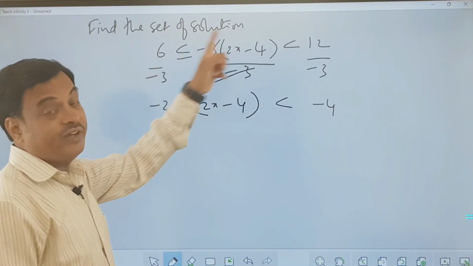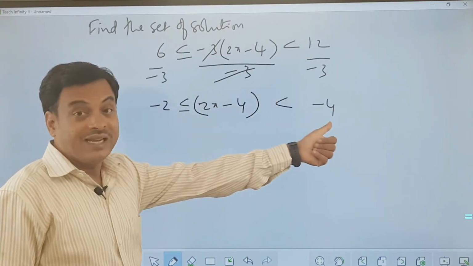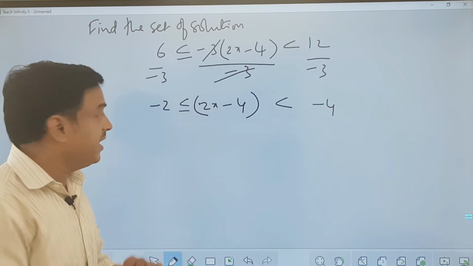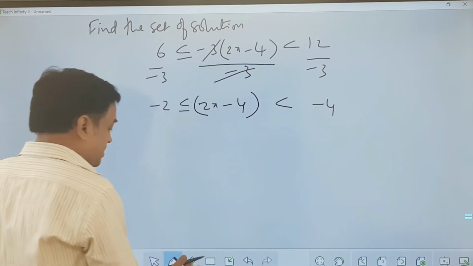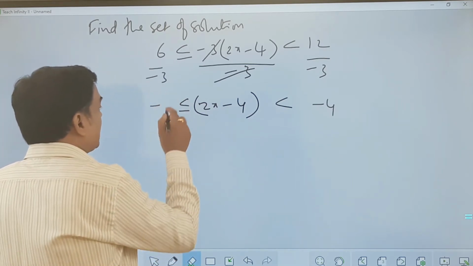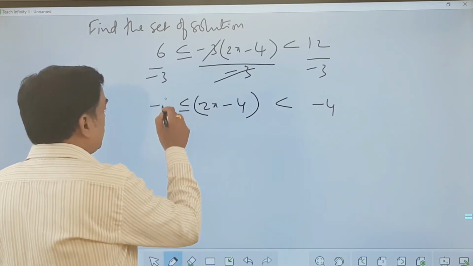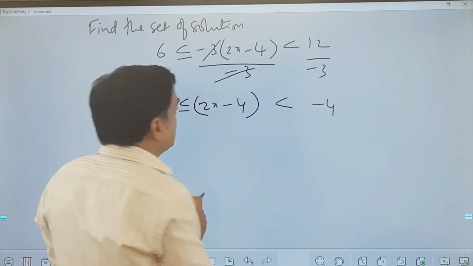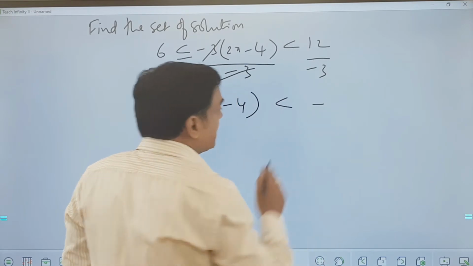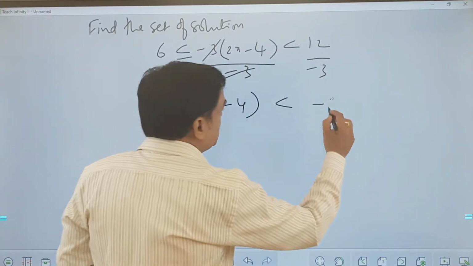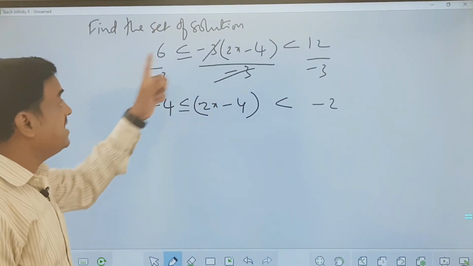It is wrong because you are changing the signs. Please understand, initially they were positive and here it is negative. So what I should do, my friend, is change the signs here. That is important. Instead of -2 here, it should be a 4 here, and instead of -4 here, you should have exactly 2 over here. Please understand the change which I wrote here is because the signs are changing.